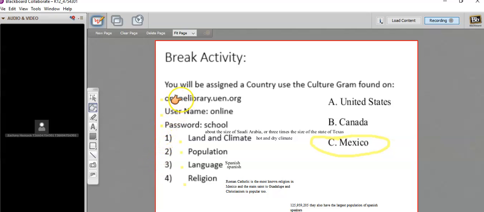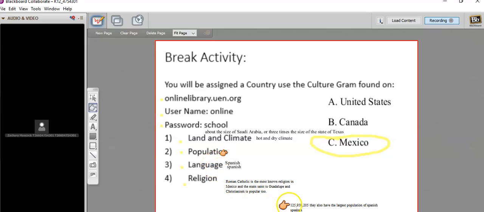All right, so this is the last one here. So what people put, they put on land about the size of Saudi Arabia, or 3 times the size of the state of Texas. Very good. Hot and dry climates. There's some rainforest aspects to it as well. They didn't put anything for population, so that's maybe something we'll have to go.